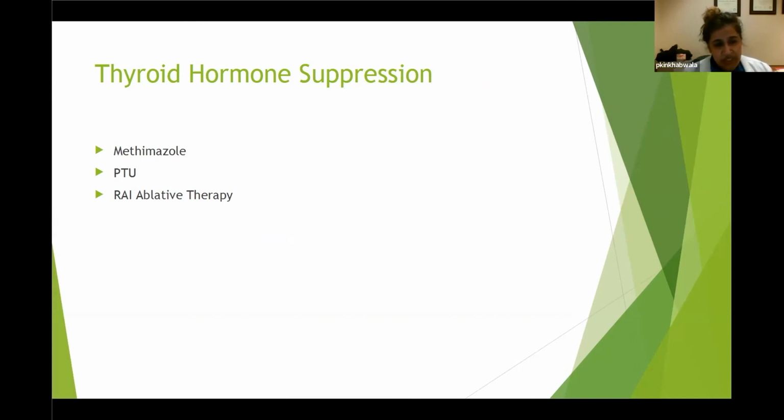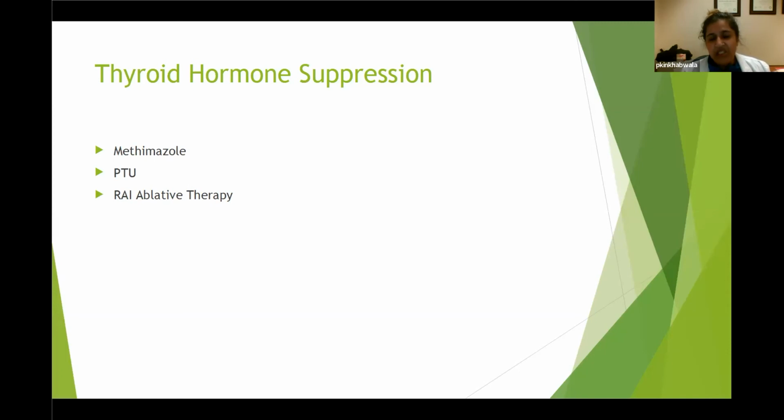The other option that we do have available is radioactive iodine ablative therapy, which is where we give a labeled iodine. And because the thyroid is the only gland or only cells in the body that use iodine, the thyroid is the only gland that's affected, and we basically are destroying the thyroid's ability to produce excessive hormone or produce hormone. So those are the treatments for